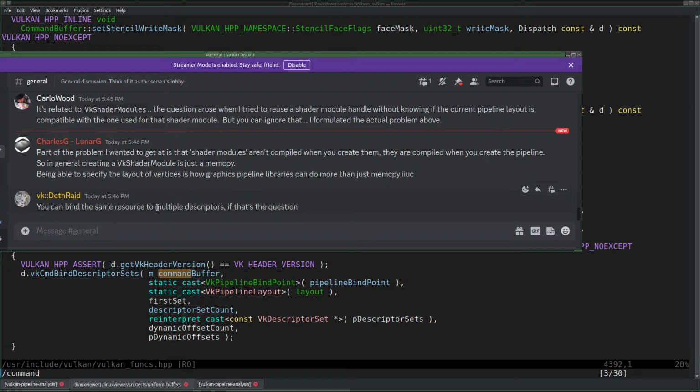You can bind the same resource to multiple descriptors, if that's the question. That is exactly on point. He understands, apparently, 100% what I said, what I mean, and what I need to know. Do you see the difference between these two? That's amazing. So now for me, the question is: is VK Dev Ray so much more intelligent, or lucky, that he immediately understands what the problem is? Or am I really missing something that is important? What Charles starts to refer